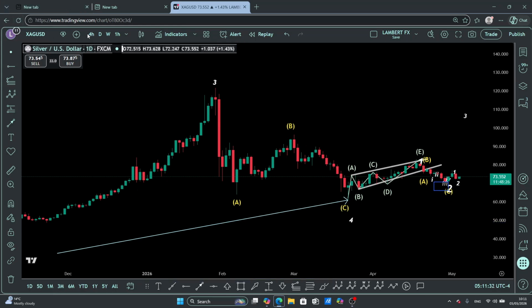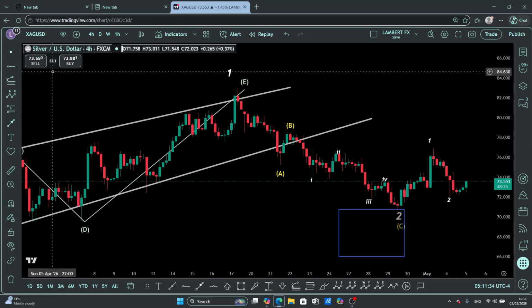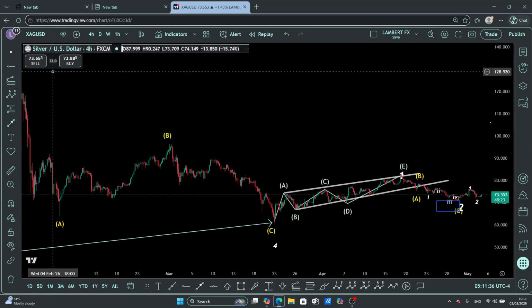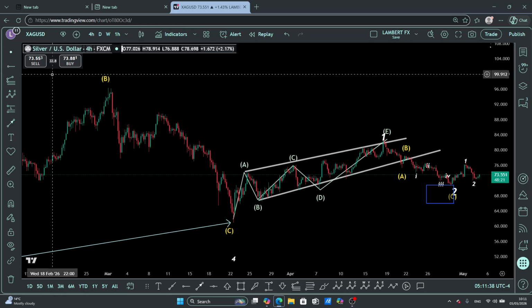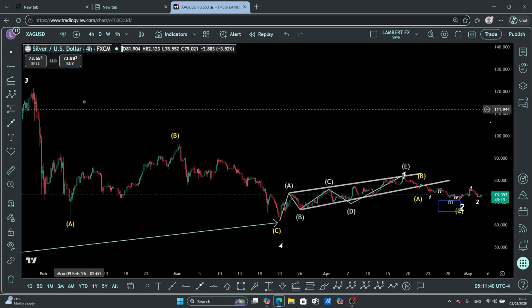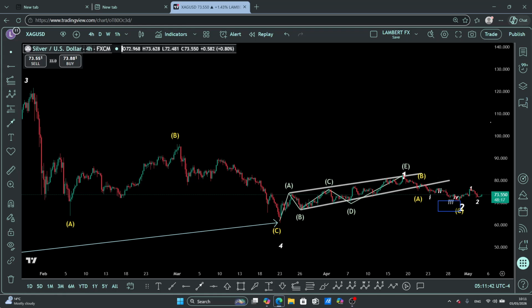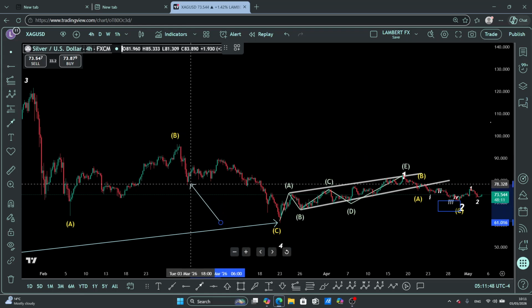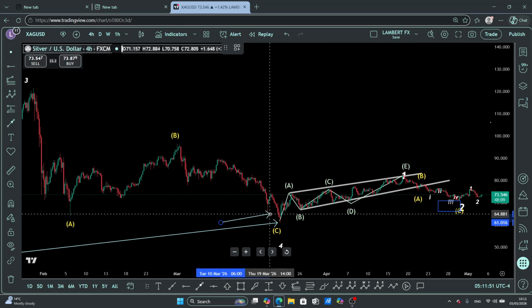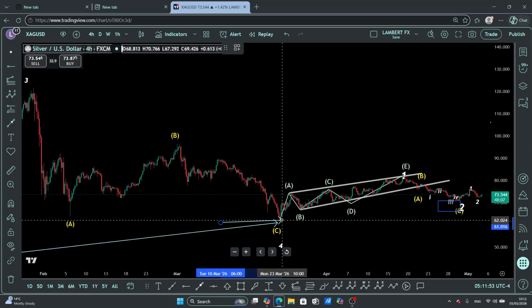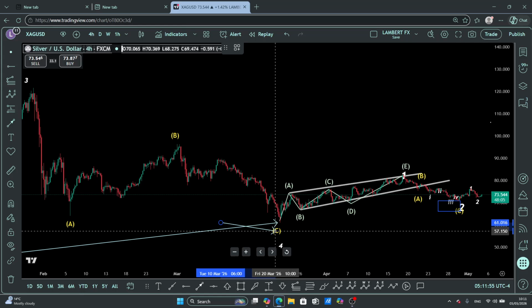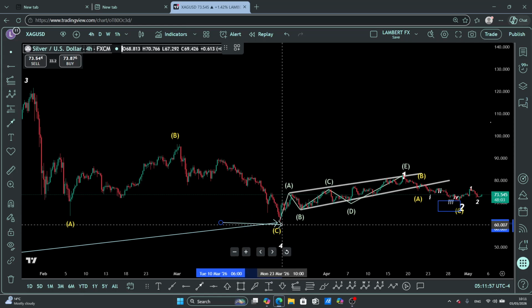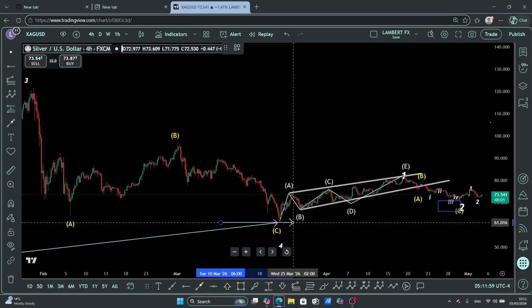So let's go back to lower time frame. Let's go back to 4-hour time frame. Yeah, so if you look at our B to C leg, you can clearly count a 1, a 2, a 3, a 4, and a 5. Yeah, for your C. Okay, so once the C completed, then we had